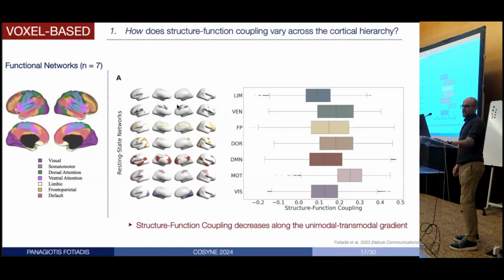If we repeat this exact analysis using the voxel-based approach, here we're grouping, let's say, the 82,000 voxels for that specific individual into those 7 networks. It's difficult to see from the box plots because there are so many outliers, but if you look at the ANOVA tables, you'll see that the results are very similar. The motor cortex has the highest structure-function coupling. The visual, which you can't really tell here, is pretty high as well. The limbic has the lowest structure-function coupling, and everything else is in the middle. So in that sense, it qualitatively agrees with the atlas-based results.